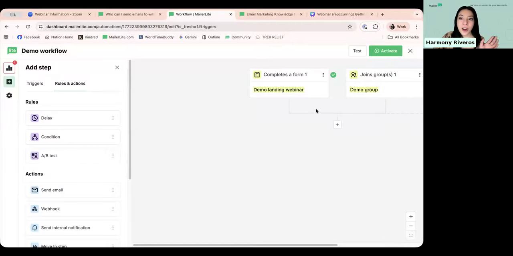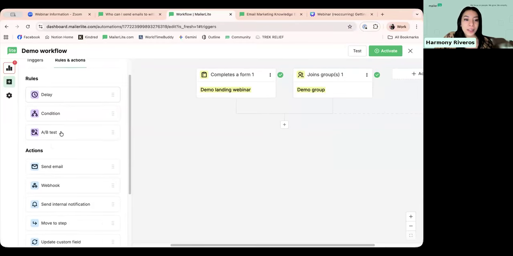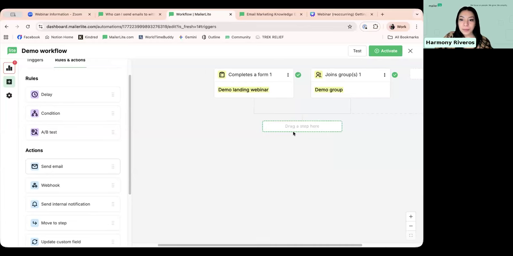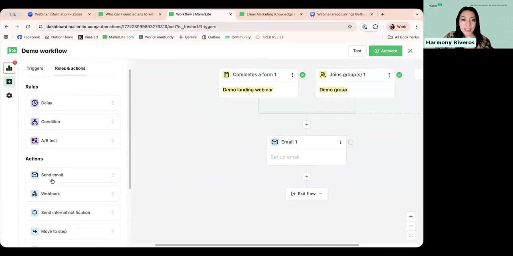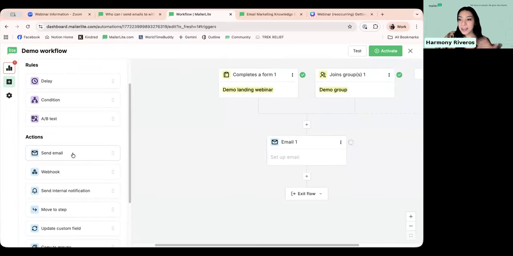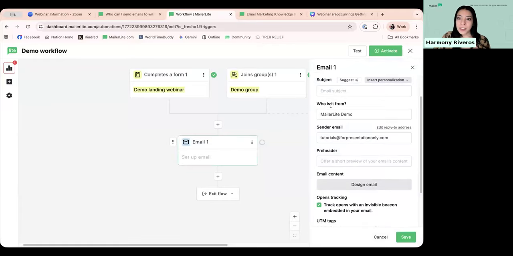And rules and actions are what happens in the workflow itself. So let's go with the most basic, which is send an email. And as you can probably guess, wherever there is a send email step, an email is going to be sent. Okay, so in order to customize that, you saw I dragged and dropped, clicked, and this is where I can